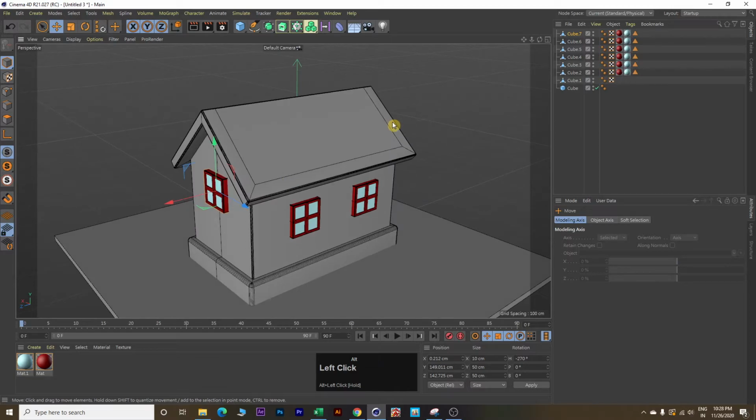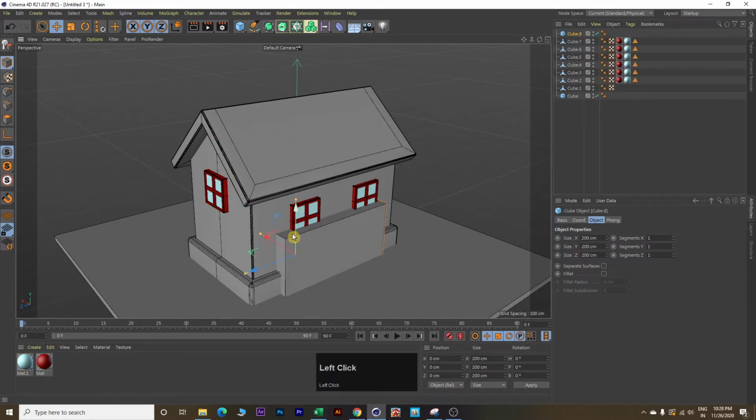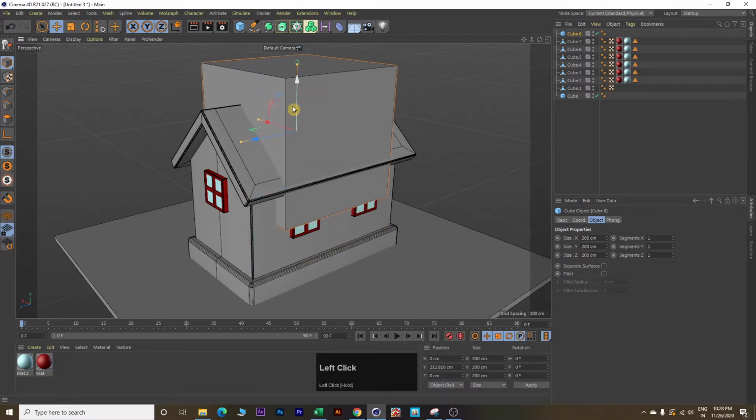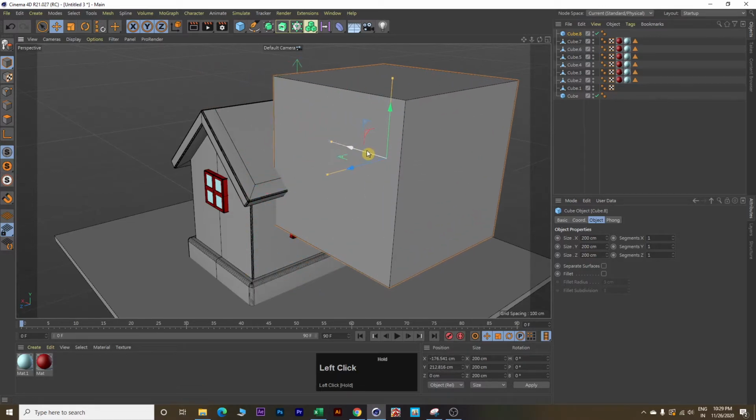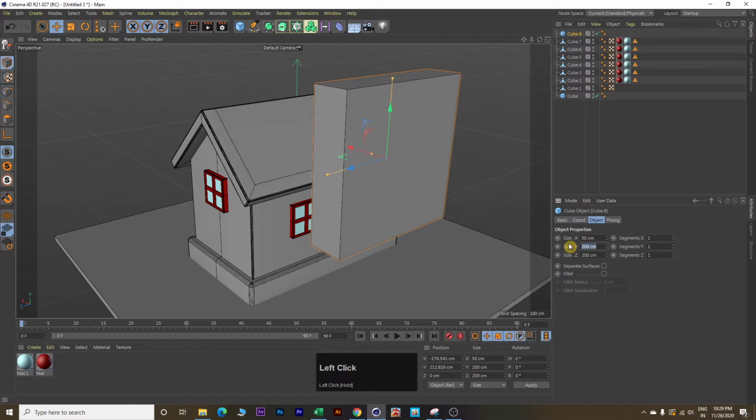Now let's make a chimney over here. So insert a cube, bring it upward, bring it little outside, and now let's resize this cube. So enter value of 50, 100 and 50.